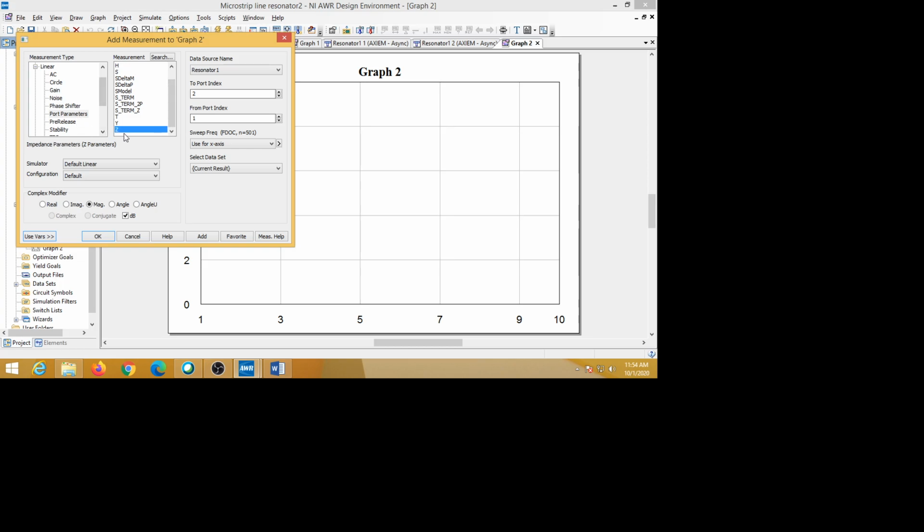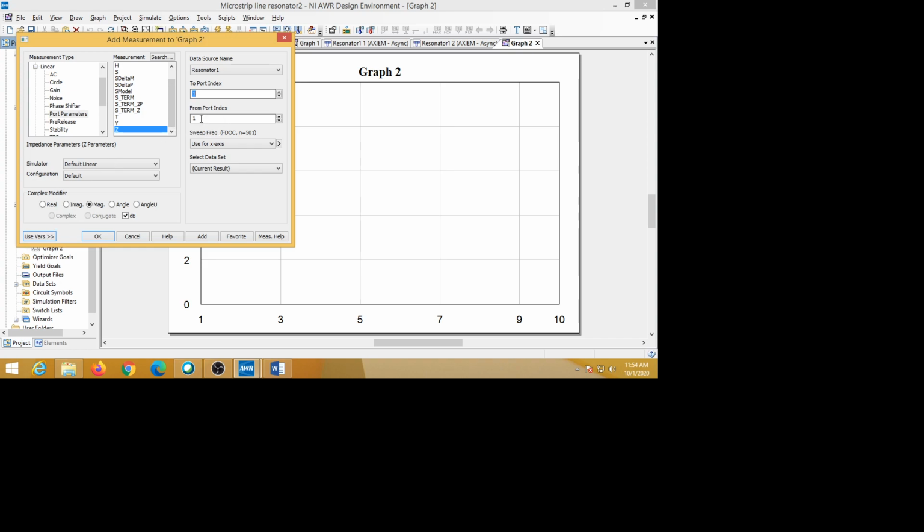Input impedance means at port 1 only, not at port 2, so we have to choose 1 1. Z parameter we are measuring, it is 1 1 here.